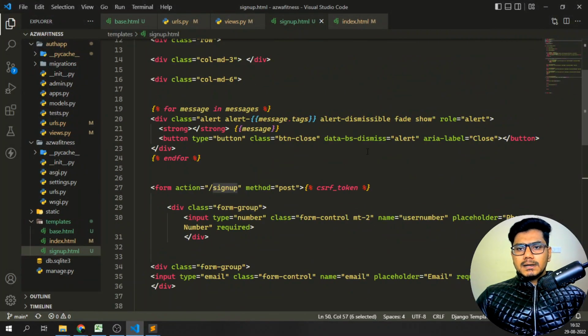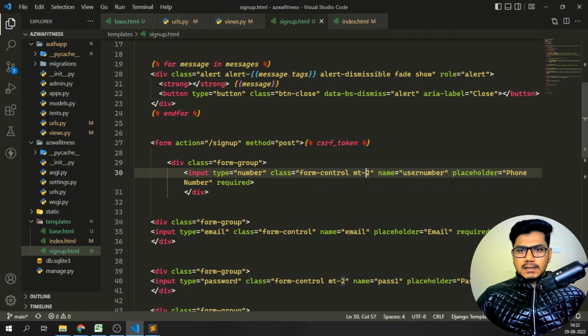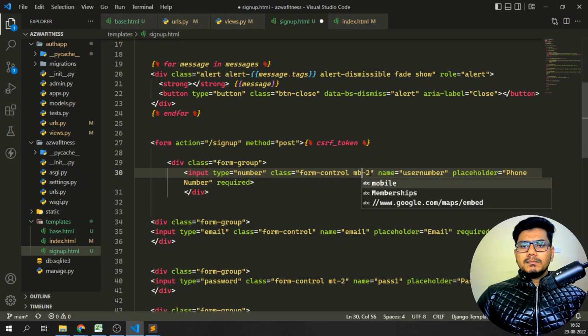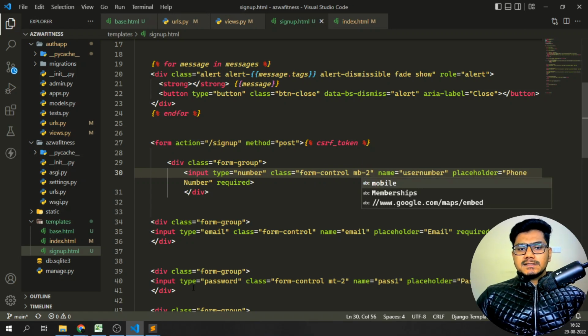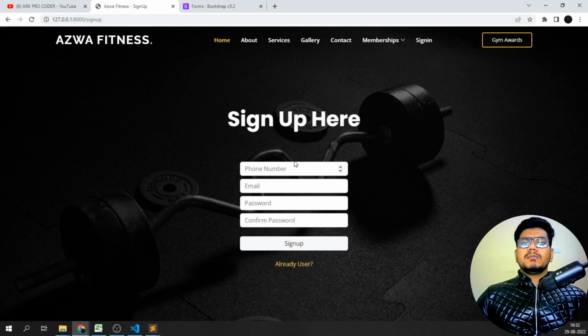So the phone number, here I need to just take the number. So I want to tell margin from the top. No, I'll just make the margin from the bottom, that is MB2. So I'll just save it, Control S, margin from the bottom it should be 2. So now you can see it is coming properly,